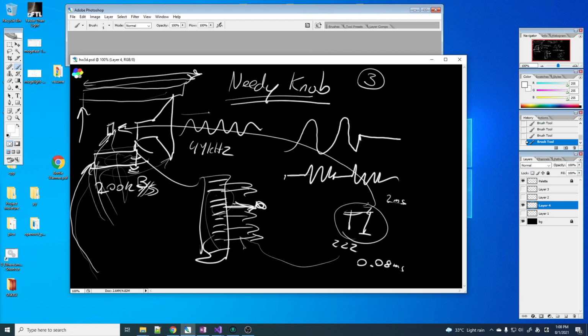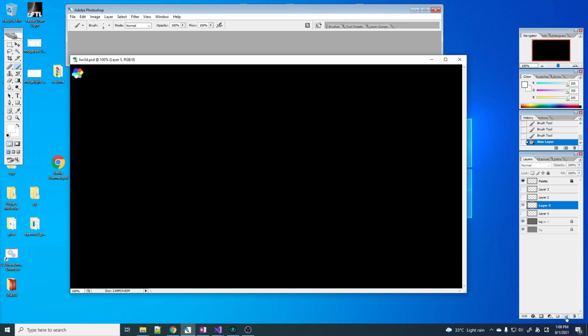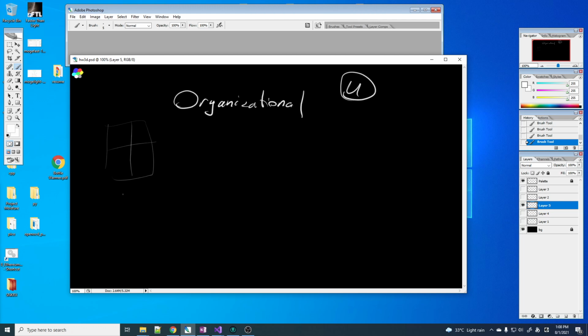And honorary mention, number 4, is organizational. So this is kind of a thing. It's not like you have a big single work set that you're dividing up. It's not asynchronous. It's not a needy knob. What it is, you've got a whole bunch of different systems that mostly interact with each other, but